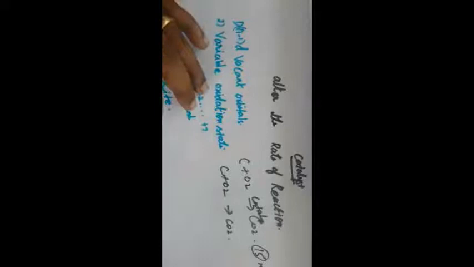In the previous video we completed the magnetic properties, that is diamagnetic, paramagnetic, ferromagnetic and antiferromagnetic. These are all the properties of magnets, which we studied in the previous video. Today we are going to see the catalytic property.